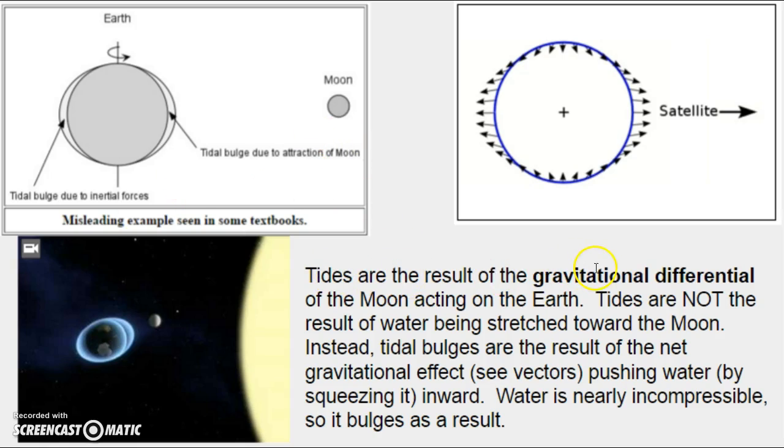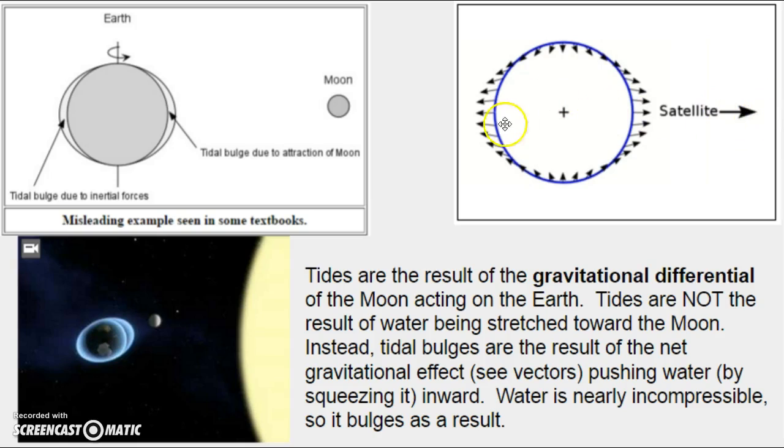The tides are the result of a gravitational difference, or differential, of the Moon acting on the Earth. Tides are not the result of water being stretched toward the Moon. And this is the common misconception. Instead, tidal bulges are the result of the net gravitational effect, pushing water by squeezing it inward. Water is nearly incompressible, so it bulges as a result. And in the video, it's going to show you that the net squeezing effect on water gets kind of squeezed outward